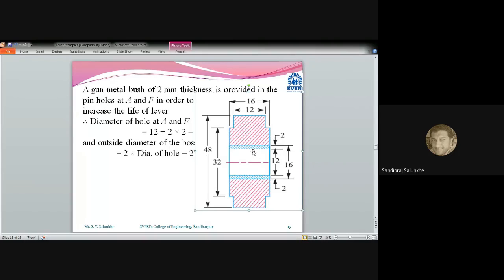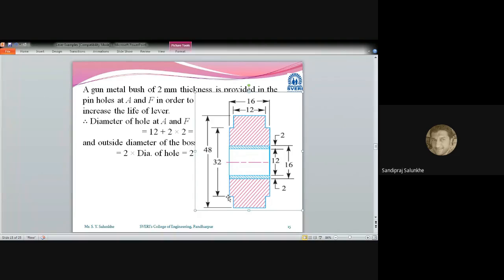आता हे बुश आपण टाकलं, त्यानंतर ती जी पट्टी आहे ती त्या होलच्या ठिकाणी आपण थोडीशी जास्त थिकनेस वाढवतो, इतर ठिकाणच्या थिकनेसपेक्षा. And that is also equal to 2 millimeter, that is the thickness of that gunmetal bush. त्या बुशच्या थिकनेस एवढा आपण लिव्हर म्हणून वापरतो त्या लोखंडी पट्टीचा वाढवला. त्यामुळं त्या ठिकाणी त्याचा थिकनेस झालाय 12 + 2 + 2, that is 16 millimeter.